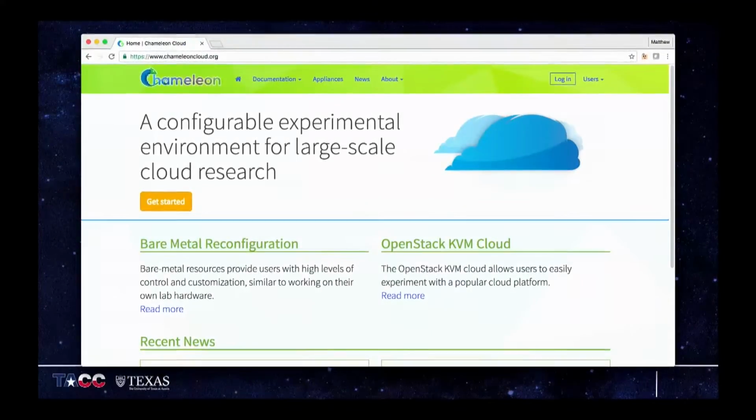So the idea here is not only are we doing bare metal provisioning, but we can also let users do KVM in standard cloud environments. But normally the workflow on this is you have to come in and reserve the hardware in advance. There's no resource manager, there's no scheduler or anything along those lines like a typical HPC system. You actually have to reserve the hardware. And unfortunately, a lot of the hardware has been reserved for like the next 6 months. So we're quite full, unfortunately, on the Chameleon system, but we are still working with users and research groups to be able to take advantage of the system.